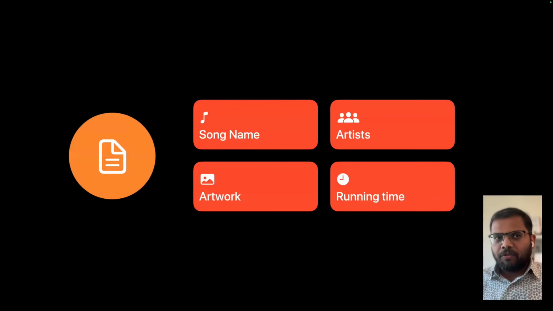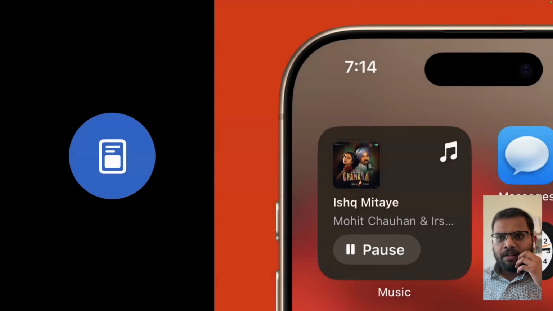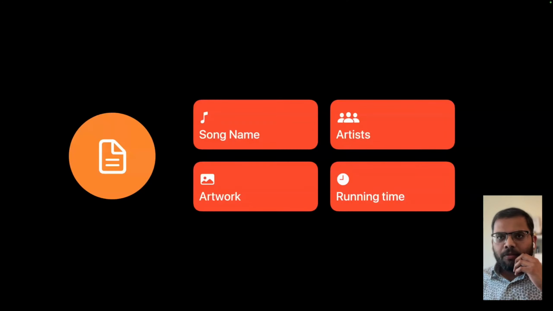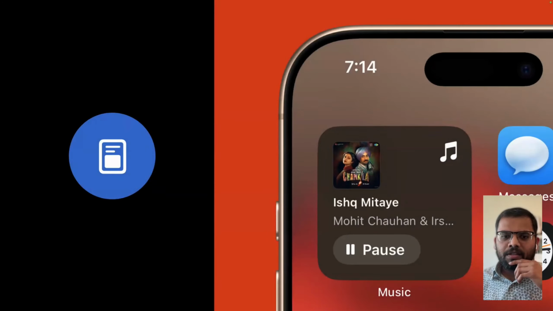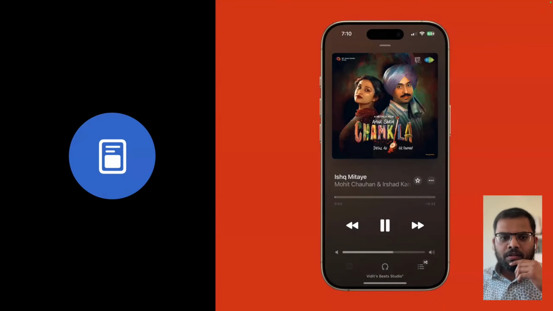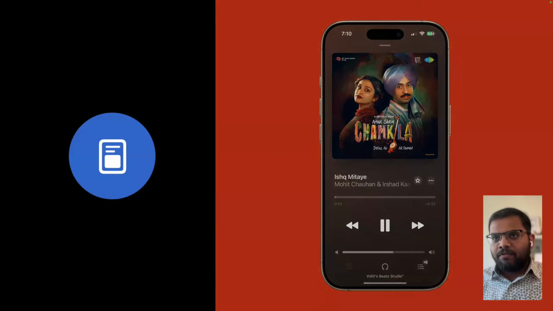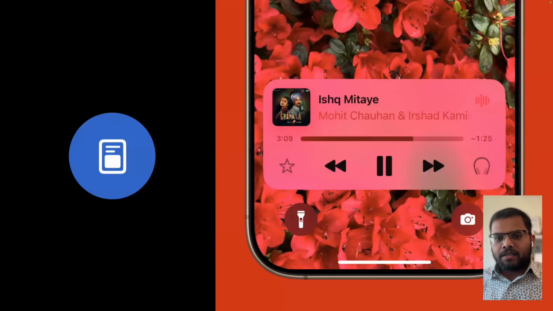And then you have the information that you need, and then the UI can be anywhere with this particular information: the song name, the artwork, the artist, and the song itself. That is an entity in itself. You can present that information in so many ways. You can present it as a music widget, or you have the iPhone app itself, or this is a custom live activity that shows the now playing stuff.